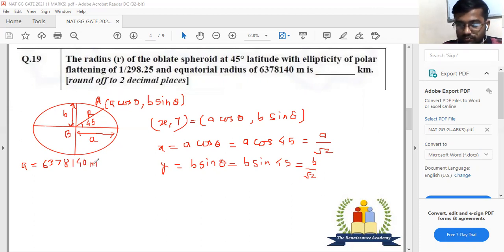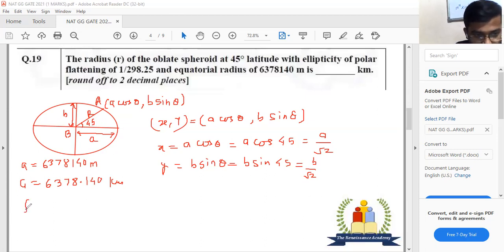Okay, so if you convert this value into kilometer, you'll get A is equal to 6378.140 kilometer. Now, as you can see, the polar flattening F is given. For polar flattening we have the formula F is equal to (A minus B) by B. So the value of F is given as 1 upon